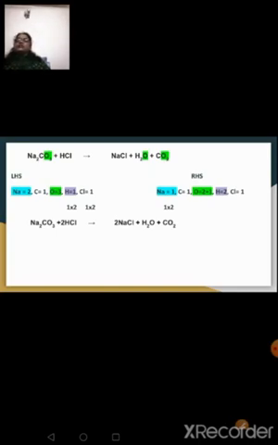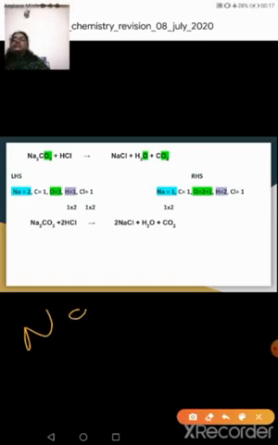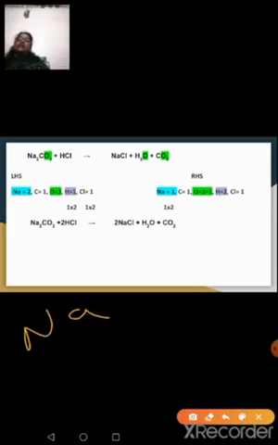So which are the elements whose atoms are not equal on both the sides? Your sodium is not equal, because on the LHS you have 2 and on the RHS you have only 1. And your hydrogen is also not equal, because on the LHS you have only 1 and on the RHS you have 2. Now these two should be made equal, the rest are all balanced.